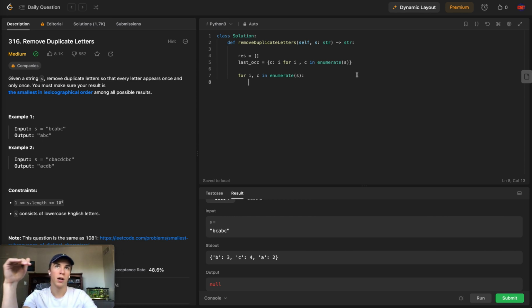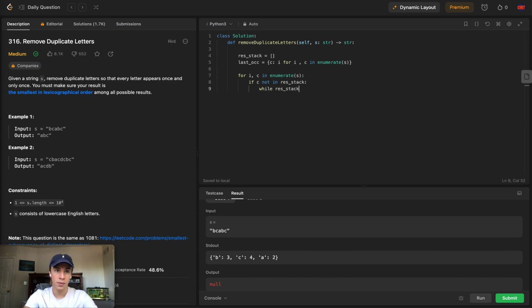What I've been doing, looking at each character, seeing if I can append it to the result stack or not. So let's see, if C is not in the result stack, meaning that I'm definitely adding this character right now. I just don't know if it's going to be enough to simply put it at the end, or would I have to drop some of the prior characters. And here,